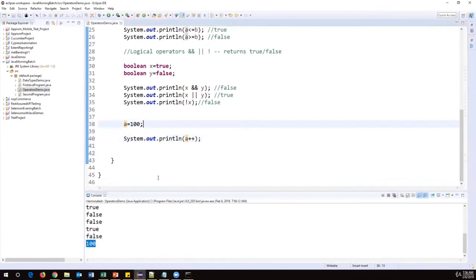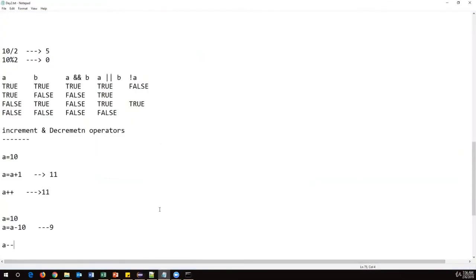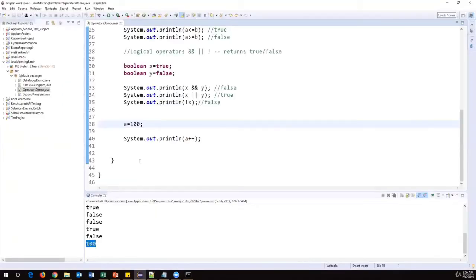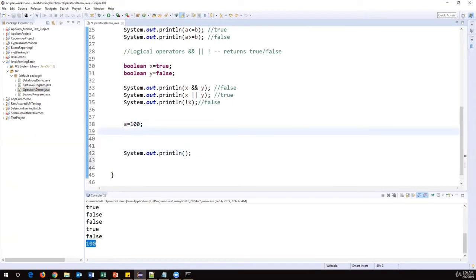There are some different aspects we need to think about. There is pre-increment and post-increment, two categories of increment. I'll tell you what pre-increment and post-increment are. I will take another variable: integer result is equal to a plus plus.